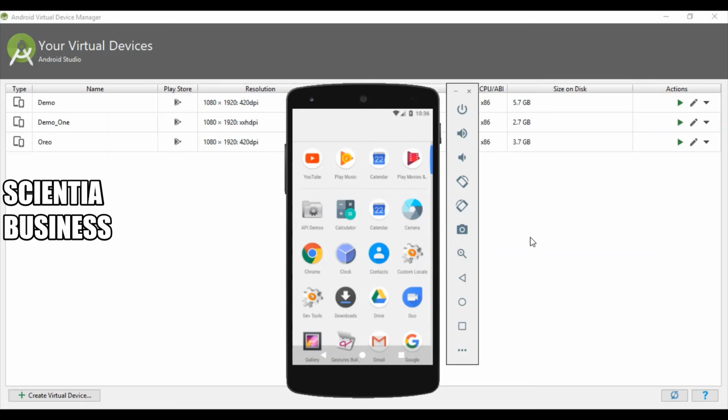But for starters, when you need to create the virtual device, the only option we have is to run the Android Studio first. So in order to create the virtual device, you will have to open the Android Studio and create a virtual device. Once the virtual device has been created, there is one option that we can use to run it.